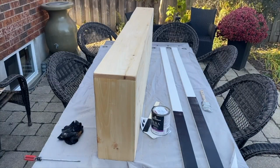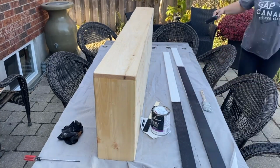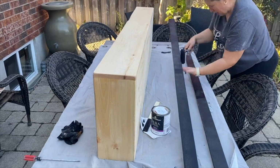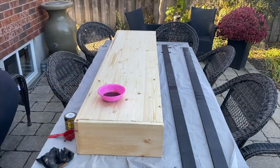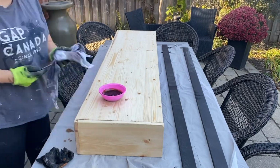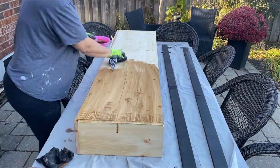While I waited for the wood conditioner to dry, so about half an hour or so, I went ahead and painted the 1x3 trim that I had purchased as well at Home Depot with the same black that I painted the fireplace. And now I took a measuring cup and I measured out equal amounts of the stain,